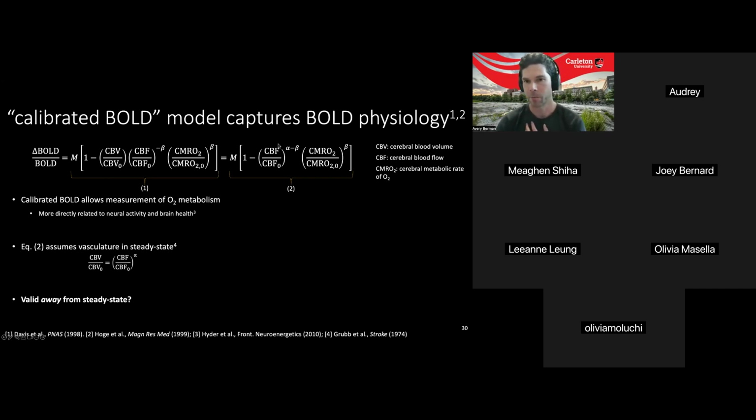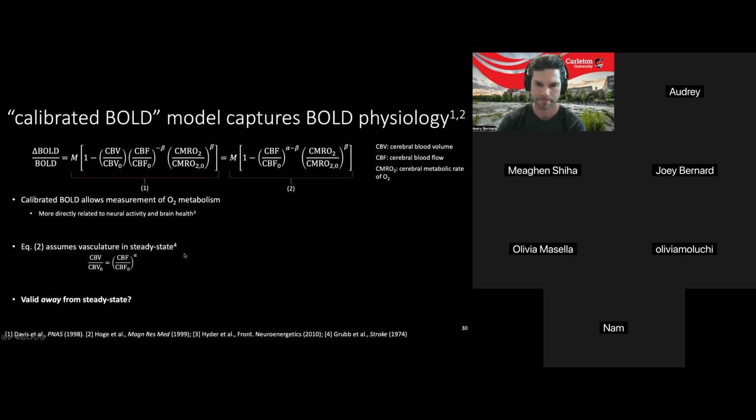So a simplified model was put out, and I'll just take your attention down to the second bullet point: blood volume is directly proportional to blood flow through this power law relationship, through this exponent alpha. So this means that small changes in blood volume result in large changes in blood flow. Alpha is a small exponent. And now with this model, we just need blood flow, bold signal, and this M value,